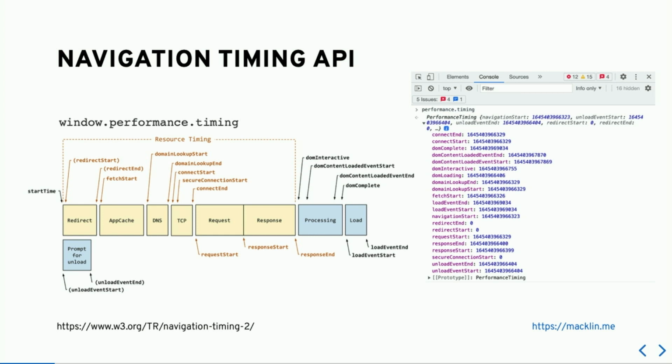One thing we might do is have a look at this new navigation timing API. It's more of a recent API. It gives you much more detail into the events that are happening when your page is loading. But I don't think this is really good because there's a lot of words here. Like, how do I know the difference between domain lookup end and load event start? What do those 2 things mean? And yeah, it's just a bunch of numbers. This isn't particularly useful, I don't think.